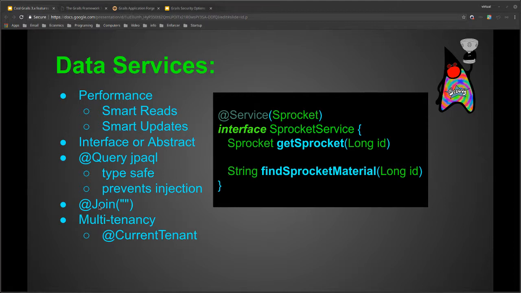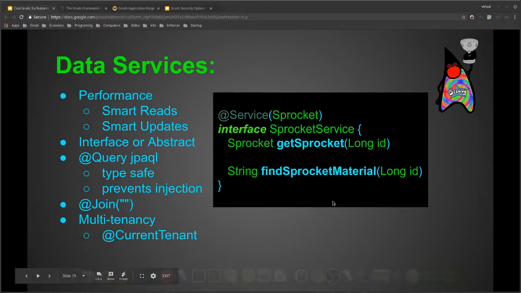I know there's also a join annotation, and it becomes particularly interesting if you're thinking about going into their multi-tenancy stuff, because with multi-tenancy you have to deal with setting up proper transactions so that they go to the right data source. With this one, if you just do @CurrentTenant, it will set all that up for you under the hood and just execute your query.